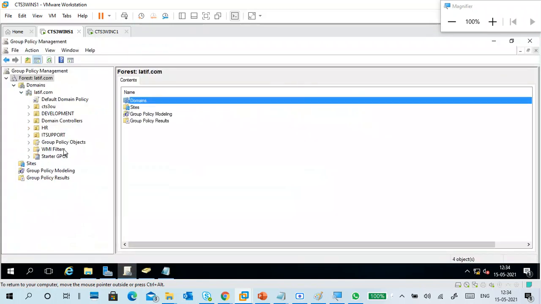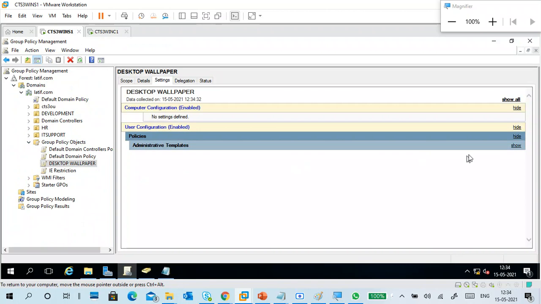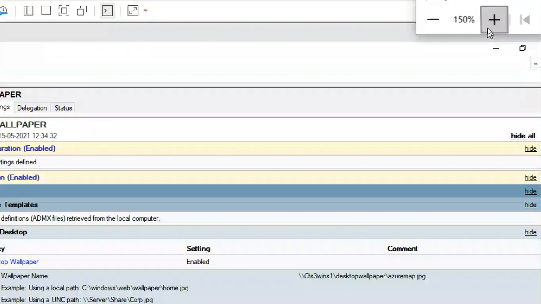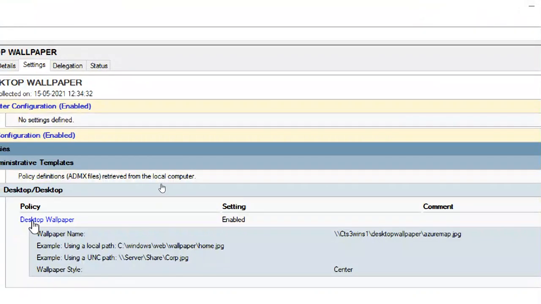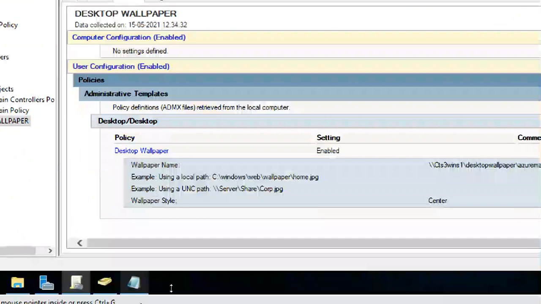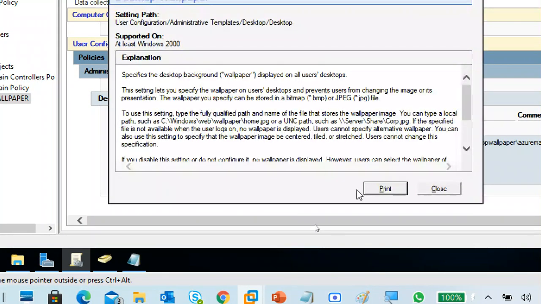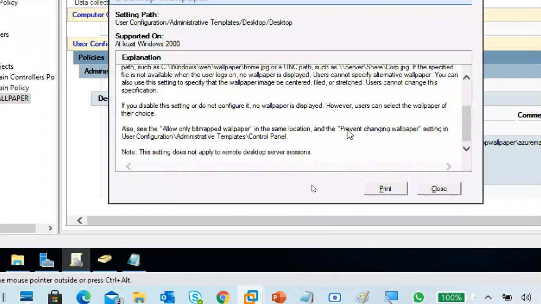So go to same thing, group policies, desktop wallpaper, show all, desktop wallpaper. Click here. Click on desktop wallpaper. It will tell what it is.